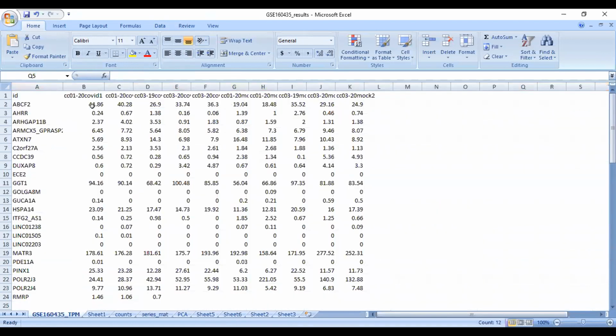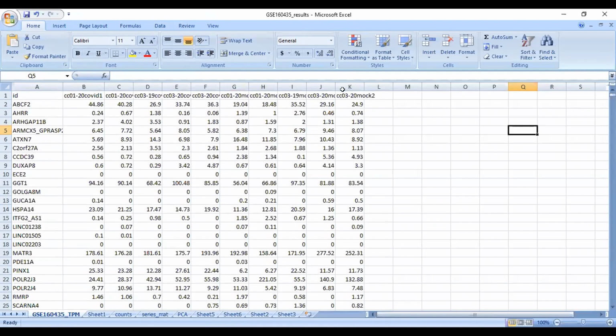Then we can name these samples, exactly, which are the mock samples and which are COVID samples. Now, how can we use this table to perform various types of analysis? Once you have a clear gene expression table, before performing any analysis, the first analysis that you should go for is exploratory data analysis. Usually exploratory data analysis methods help you understand what kind of patterns are within your data and what the variability represented by different components is. One of the exploratory data analysis methods is principal component analysis. Now let me show you how we can perform exploratory data analysis.